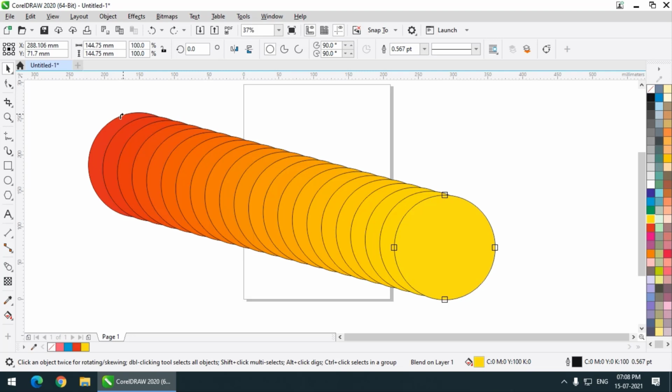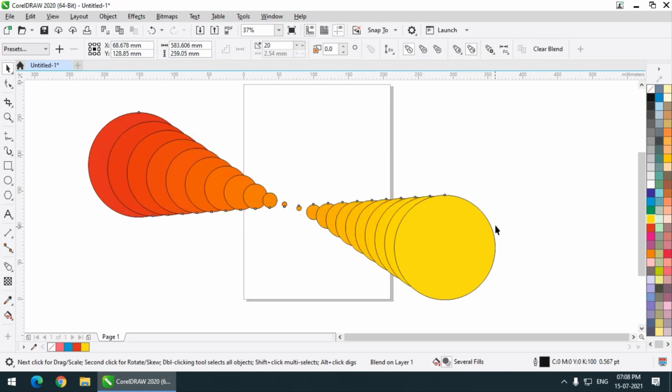What will happen if I connect this node to some other node present on the opposite side? I simply click over here and drag it. If I drag it to here and click, this node is connected to the bottom node. That's why we will get a different structure altogether.